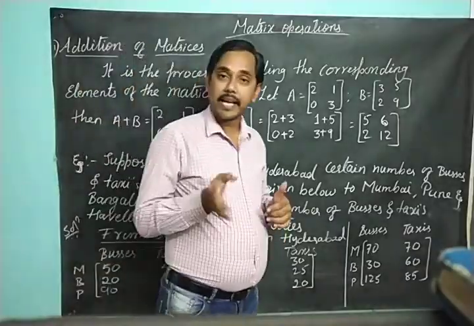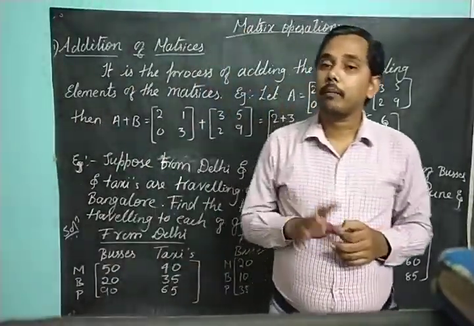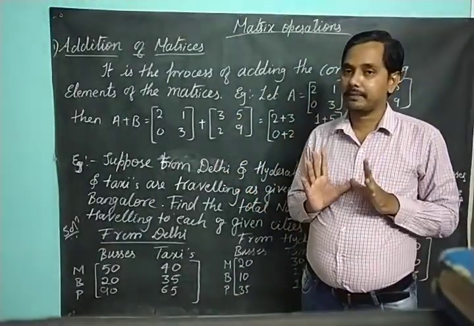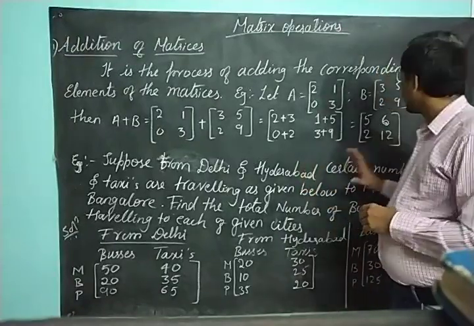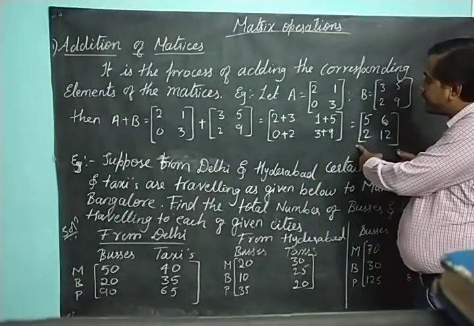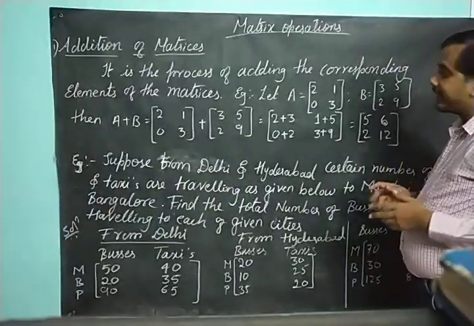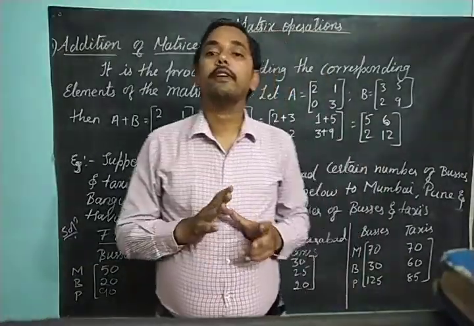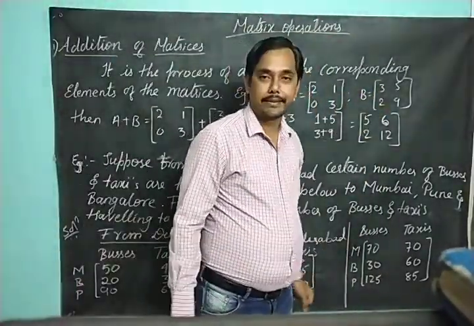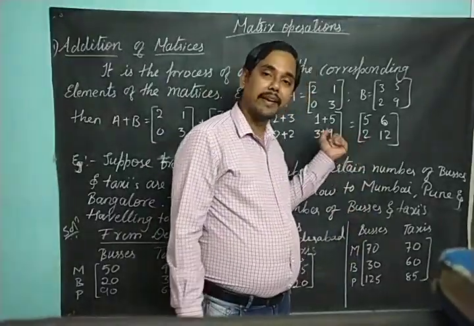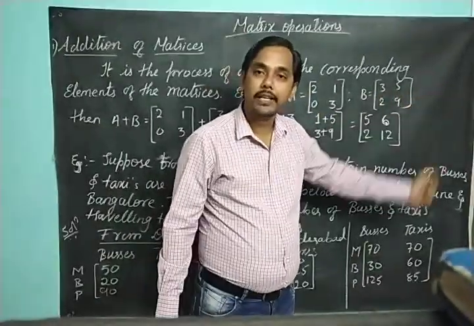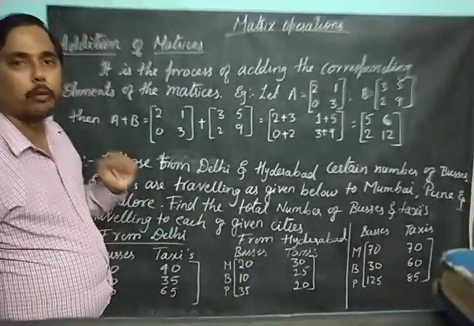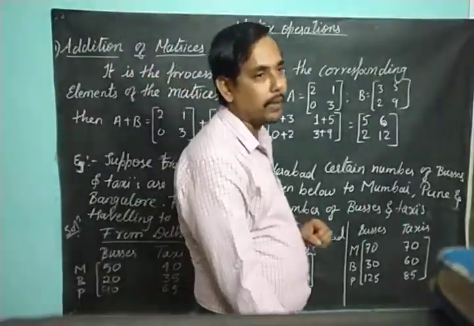In equality of matrices, we compare the corresponding elements; here in sum of matrices, or addition of matrices, we should add corresponding elements. So the resultant matrix gives you the sum of both the matrices, and the order of the resultant matrix is also the same as the order of the individual matrices. This is just an example to make you understand how to add the matrices.